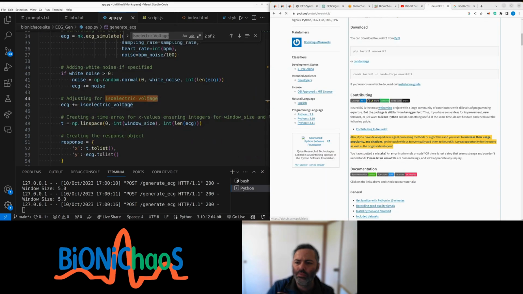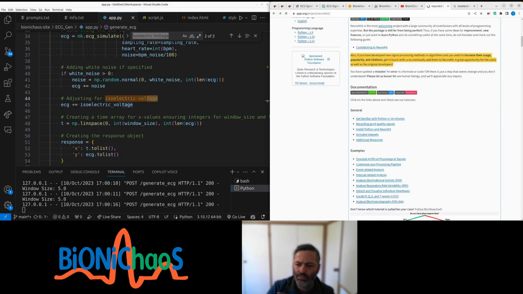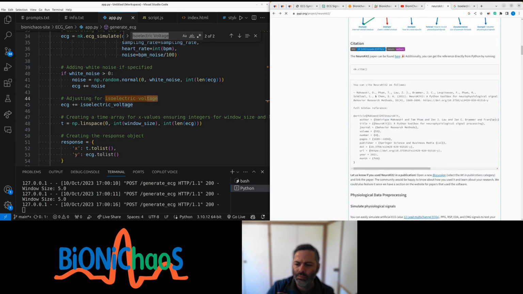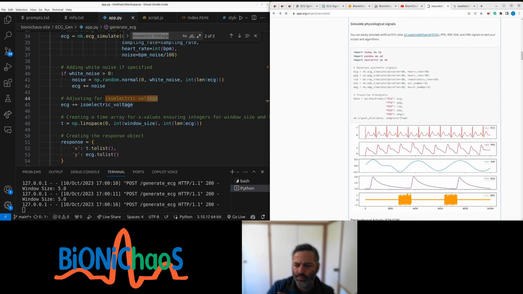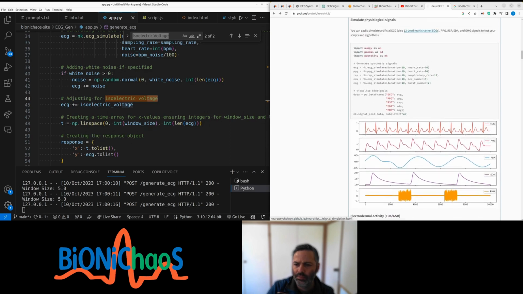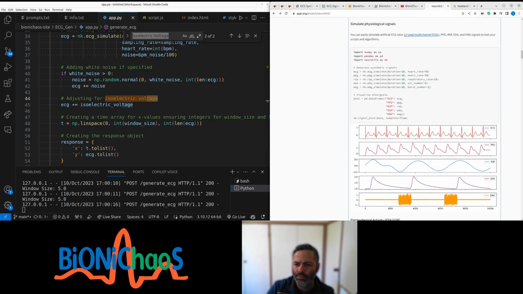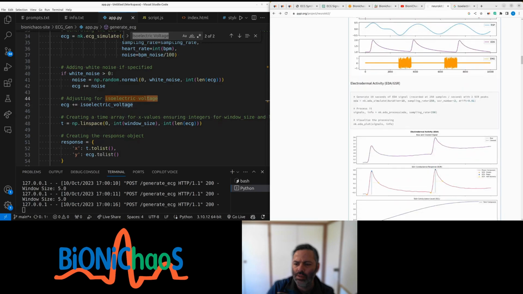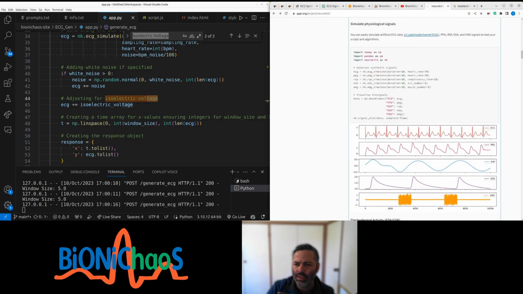Neurokit2 is the most welcoming project with a large community of contributors with all levels of programming expertise. But the package is still far from being perfect. Thus, if you have some ideas for improvement, new features, or just want to learn Python and do something useful at the same time, do not hesitate and check out the following guide. Particularly